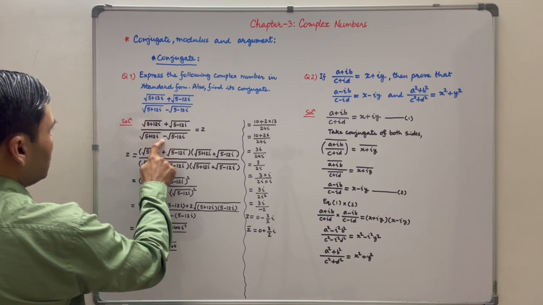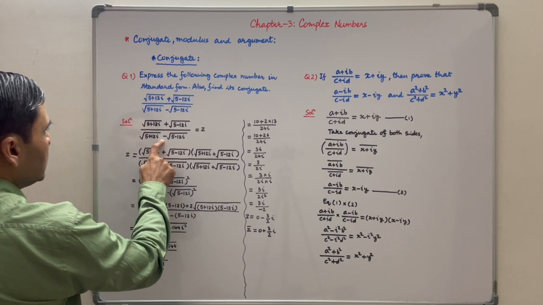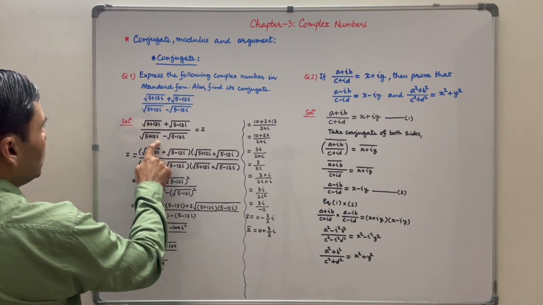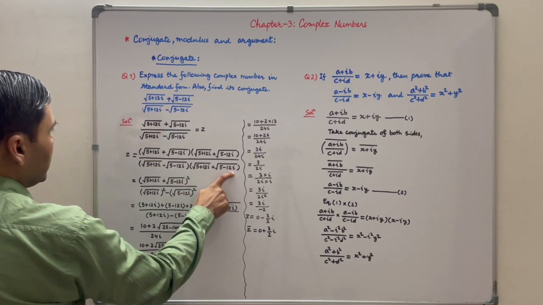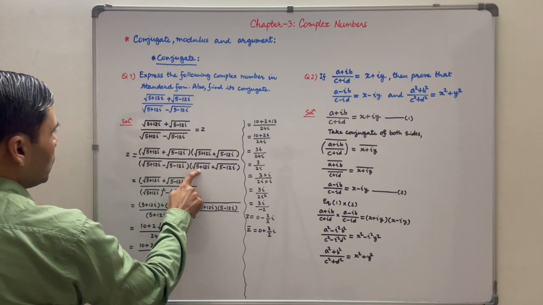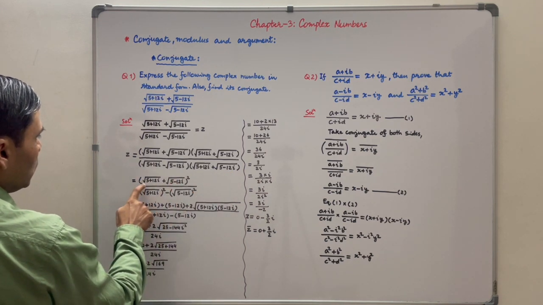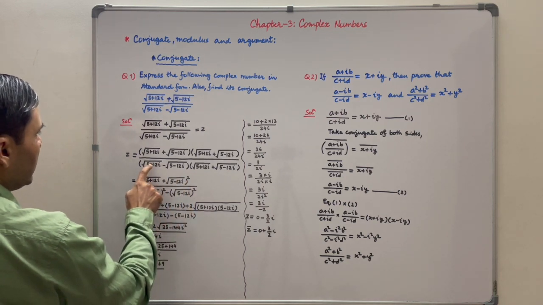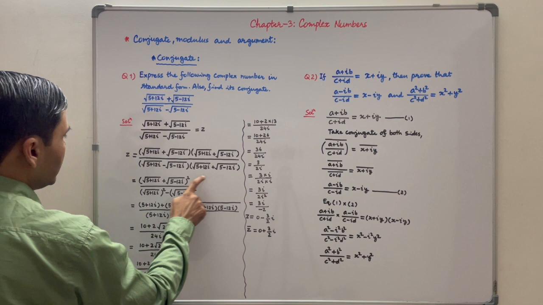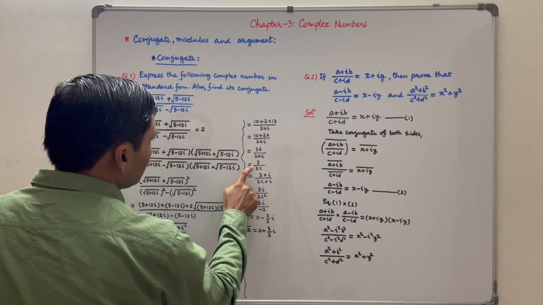In our previous classes, we have learned that to rationalize the denominator, we need to multiply both numerator and denominator by the conjugate of the denominator. So the conjugate of the denominator will be equal to root 5 plus 12i plus root 5 minus 12i. Now we need to multiply both numerator and denominator by root 5 plus 12i plus root 5 minus 12i. So the numerator becomes (root 5 plus 12i plus root 5 minus 12i) whole square and the denominator is in the form a minus b into a plus b, and that is a square minus b square. So on simplification it becomes 3 upon 2i.